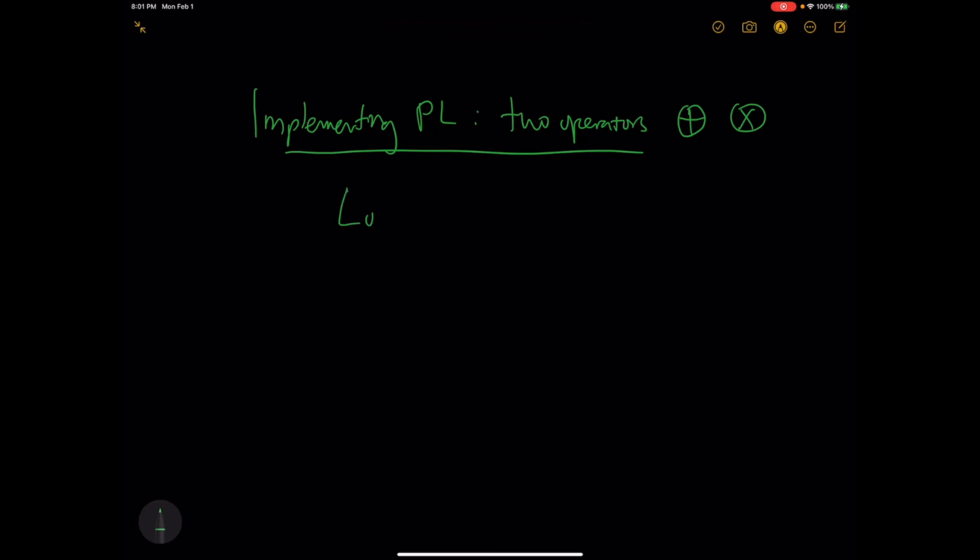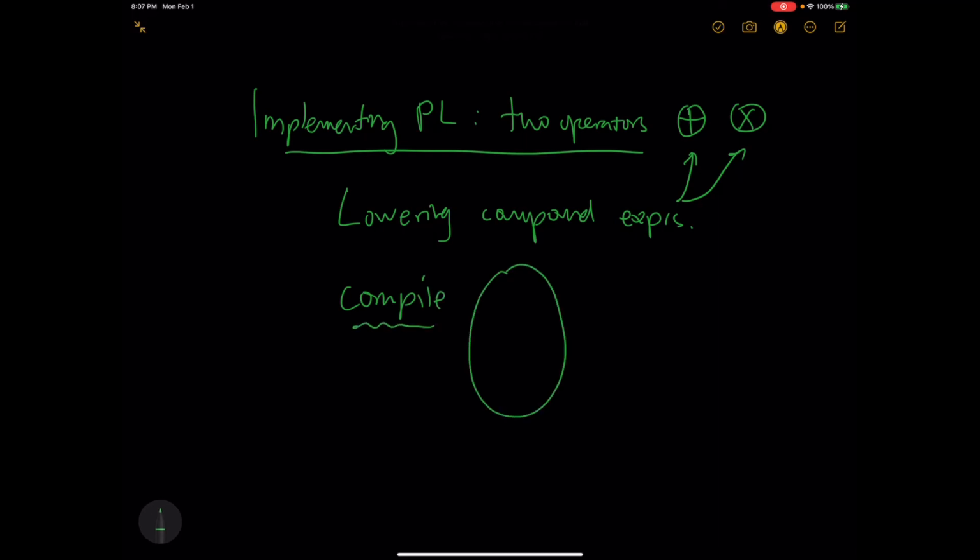We saw that by lowering compound expressions onto these operators, we can compile a large class of elementary functions, and this includes many neural networks, probability distributions, and other differentiable programs, into an